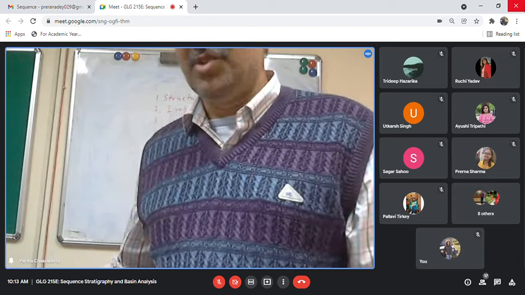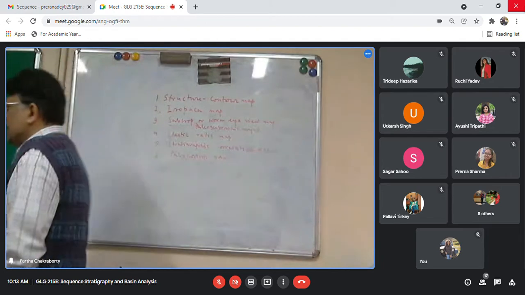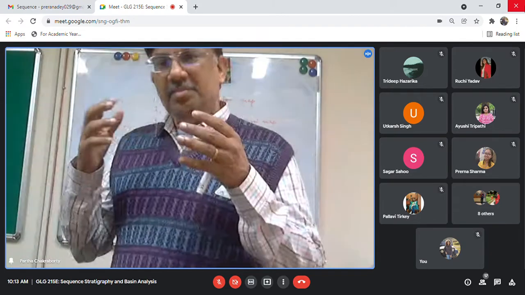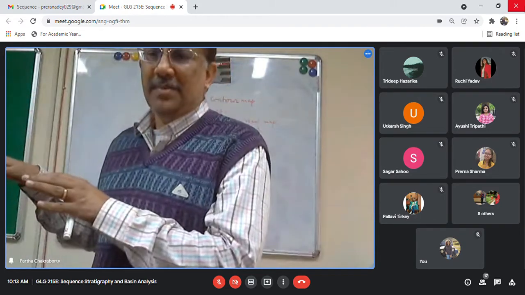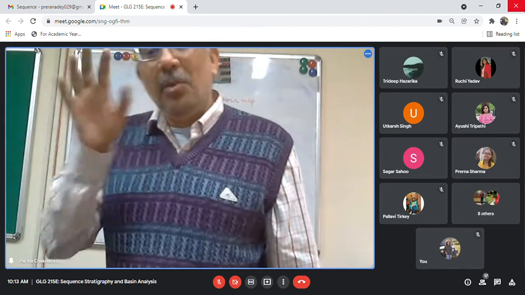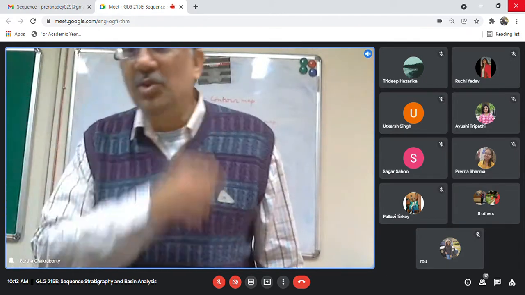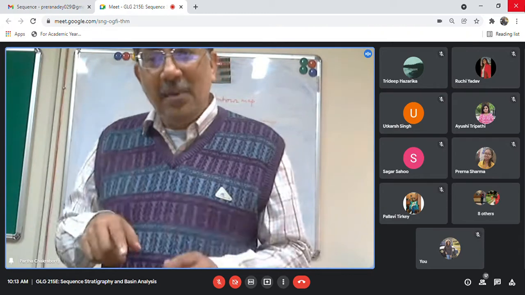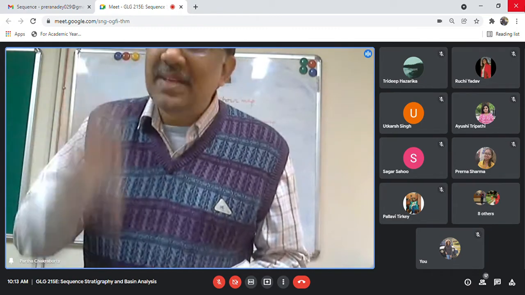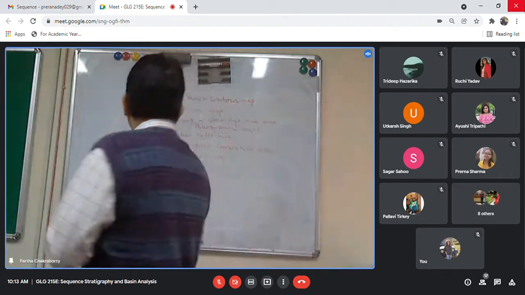What is the meaning of reduced level? Now, this reduced level, now based on the reduced level, you actually make a structure contour map. Fine. Now, this structure contour map, that is basically done both on the outcrop as well as in the subcrop. We do it for the subcrop as well. How we do it in the subcrop? In the subcrop, this structure contour map is done from the seismic data. From the two-way travel time data of the seismic wave, you transform that. So what if I draw